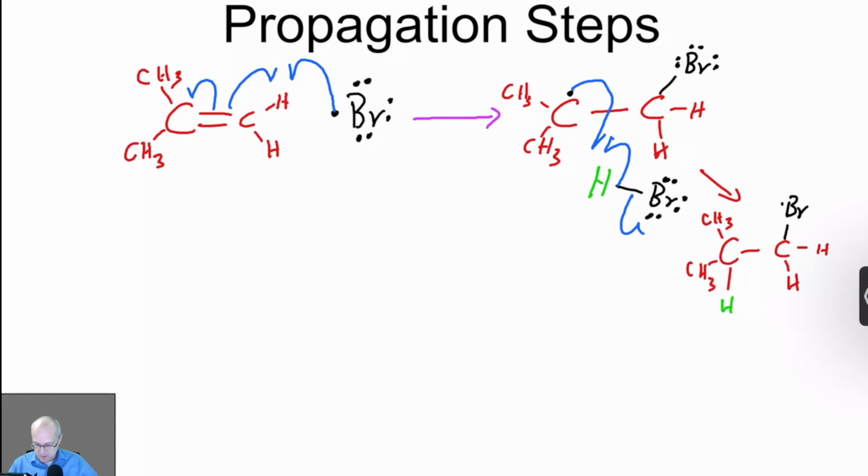Now, that's the mechanism, and that's showing you the anti-Markovnikov addition. Now, I want to go back and explore this addition here. I want to prove to you that the anti-Markovnikov addition should work, because the addition of the bromide here will give me the most stable radical intermediate, but I want to prove it to you. I don't want you just to believe me. So let's take the